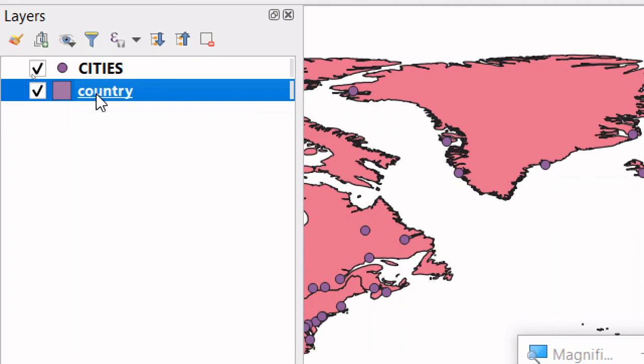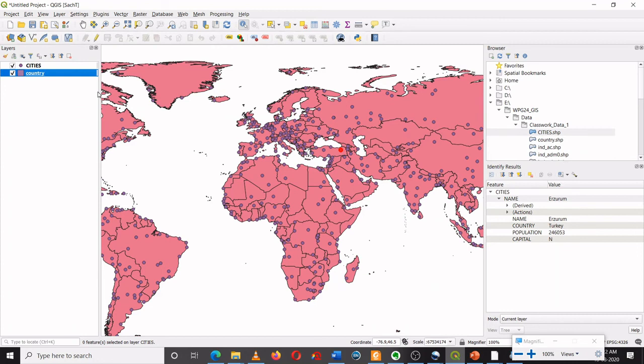In this video we have learned the basics of vector layers, how to open a vector layer from the browser. Either you can drop the layer in the layer panel, or you can double click on the layer.